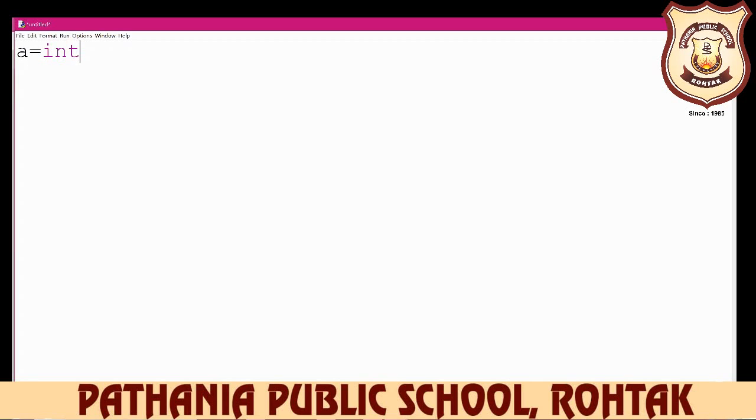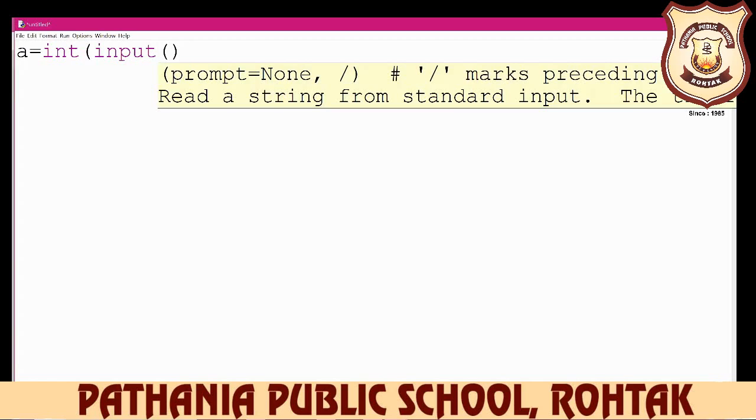And after that, start the bracket, and then you use the input. Input is a function, and the input function is always written with parentheses after it. So here, in between the parentheses, you write down the message. For example, I want to write here "Enter number 1", or you write "a is equal to", or "number 1 is equal to". You can write any message here, and then close the inverted commas, and after that close the bracket.